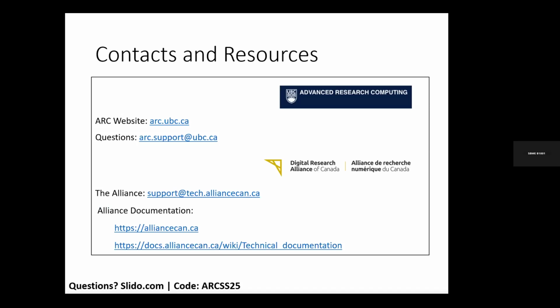But there's also a way to contact the Alliance directly, which is support@tech.alliancecan.ca. And that actually goes into the queue at the national level where folks from across the country will have access to your question. And there's a network of experts across the country that can look at it and say, hey, how do we help this researcher? So you have two avenues of contacting